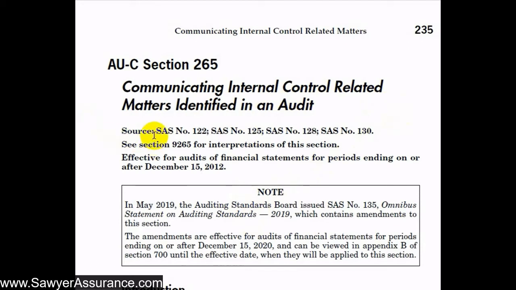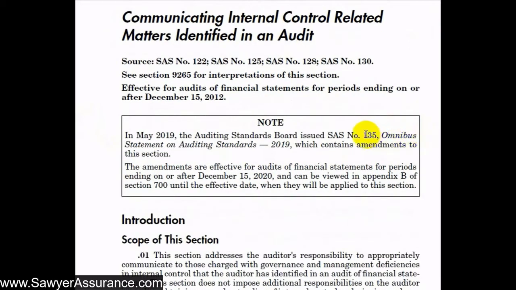So this section is comprised of SAS numbers 122, 125, 128, and 130, but also 135 applies to this section, which was just issued in May of 2019, but it doesn't go into effect until audit periods ending on or after December 15, 2020, and it sits in Appendix B of AUC Section 700 until it applies to these audits. So just be aware that that's coming down the pipe in the future, just not yet incorporated into this